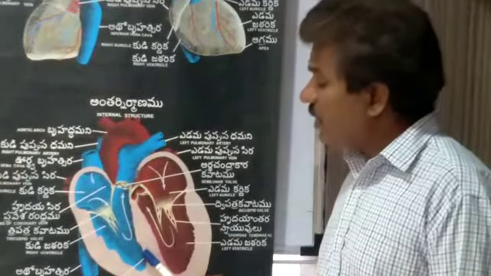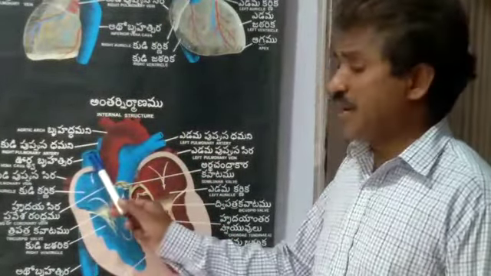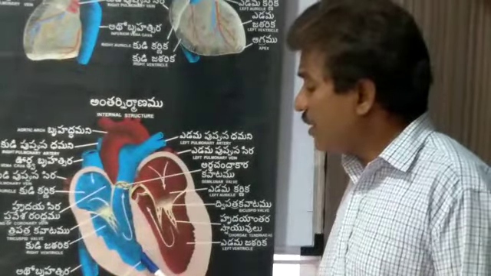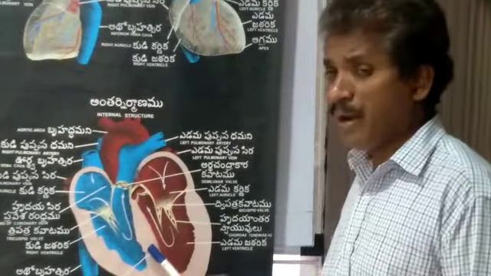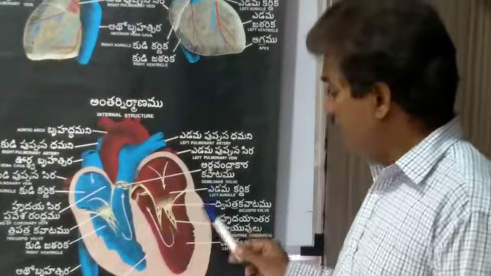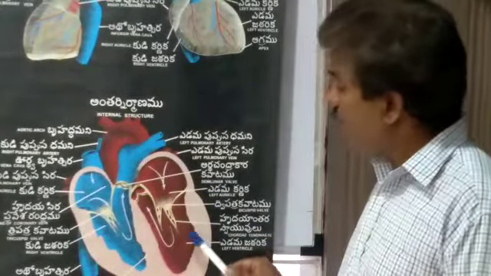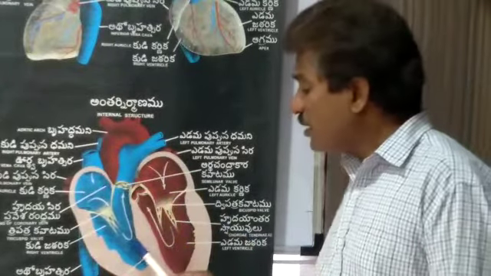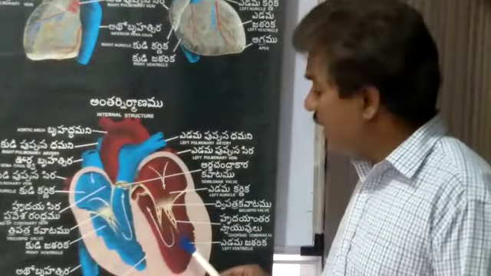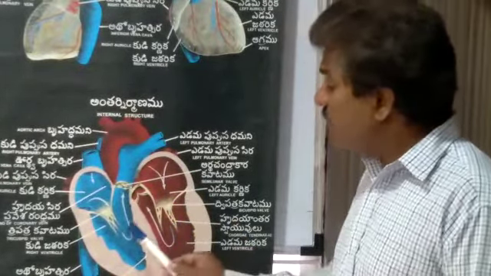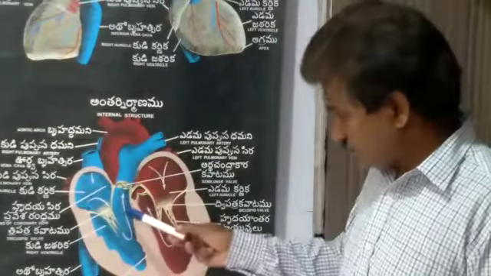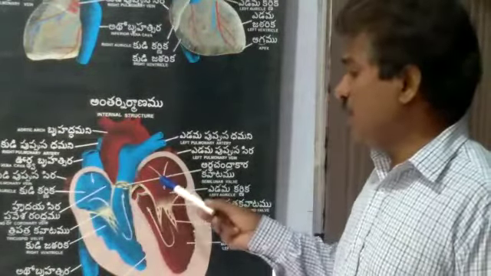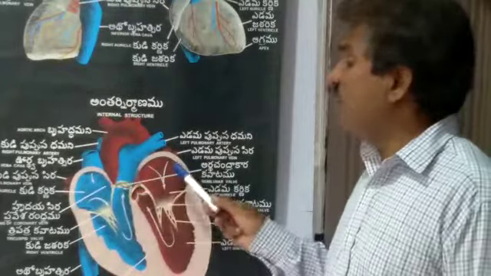From the right ventricle, the pulmonary artery originates. In between the pulmonary artery and right ventricle, pulmonary valves are there. In between the left ventricle and aorta, systemic valves are there. Due to the contraction of ventricles, blood tries to come back to the auricles due to the pressure decrease in the auricles.